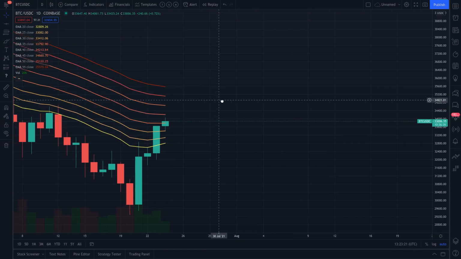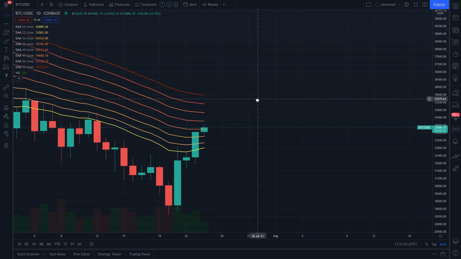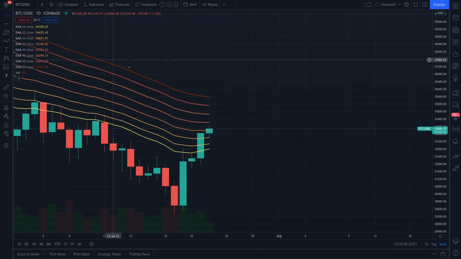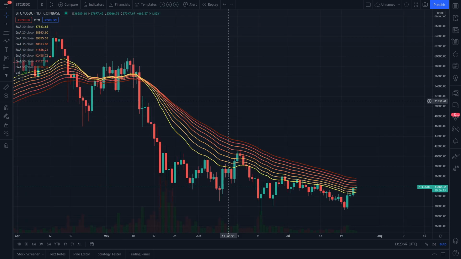So I think within the next 2 weeks, we could see some really nice price fluctuations continuing higher and eventually getting above this EMA ribbon. Guys, I'm using tradingview.com. Just go at the top left where it says templates. It's automatically programmed. You scroll down and you see where it says MAEXP ribbon. You just click that button. Obviously, I have it start here, and then it'll bring this indicator up. It's an oscillator over the candle. So yeah, it'll pull this up for you.